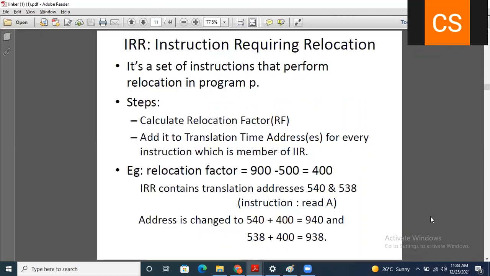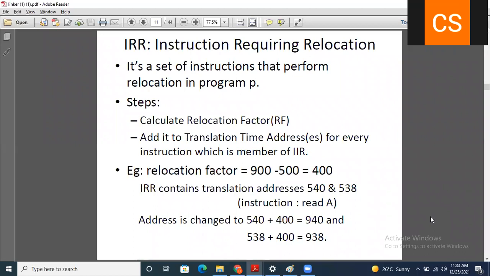Second is the instruction requiring relocation. So it is the set of instructions that perform the relocation in program P. So how to calculate it or how to do that? So in this case you have to first calculate the relocation factor.